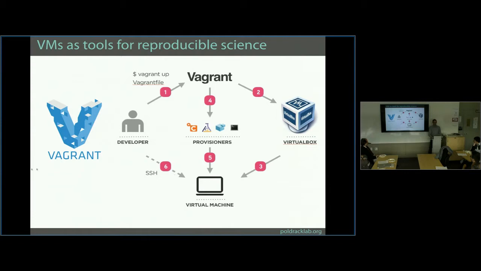So in particular, there are tools for what are called provisioning of virtual machines. So things like Vagrant, where you basically just have one file, this thing called a Vagrantfile, that tells it how to set up a virtual machine, what software to put on, tells it where to pull your code and your data, and a few minutes later, it will have a virtual machine running on your computer here that can do all of that stuff.